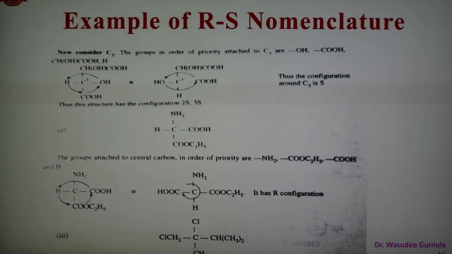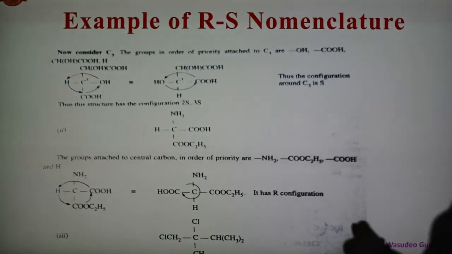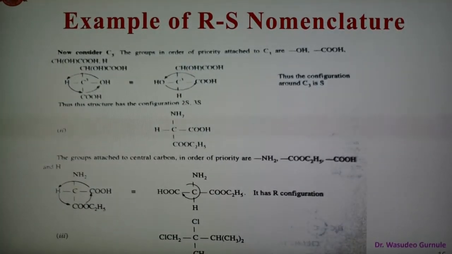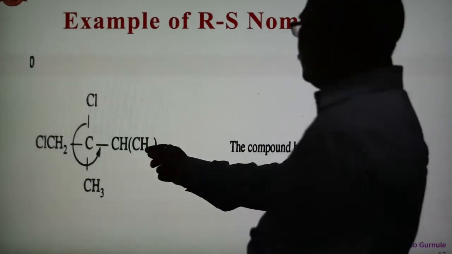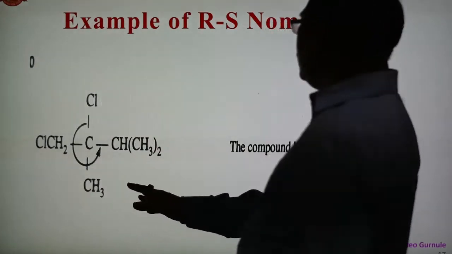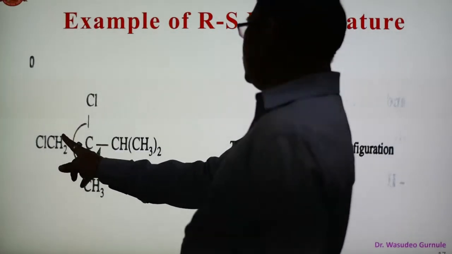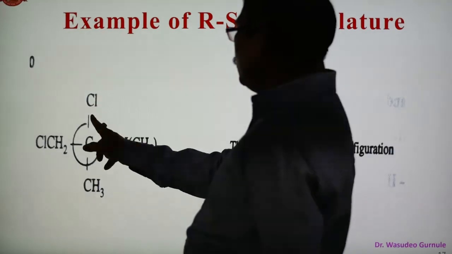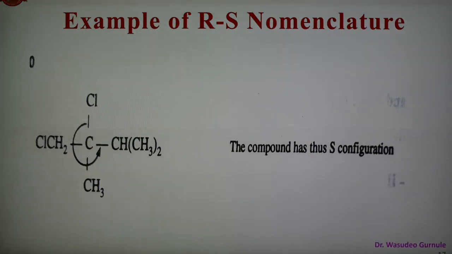So in this way, this is the second compound, having 4 different groups around this asymmetric carbon atom, and we can find here also how to determine the configuration. This is the structure of CH3, which has the lowest priority, so it is already here, and therefore this is number 1, then this is number 2, and this is 3. So 1, 2, 3. So what is anti-clockwise? What is the left? So this compound has S configuration, that is sinister, anti-clockwise, left side.